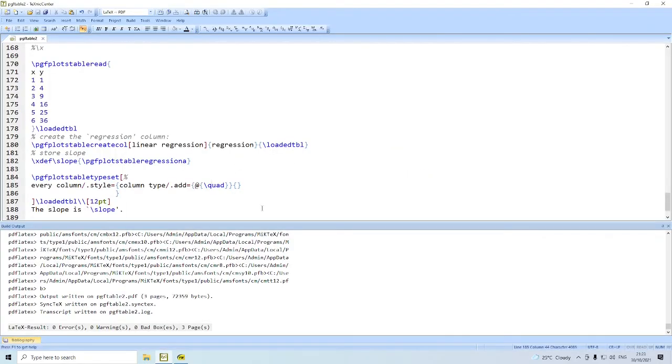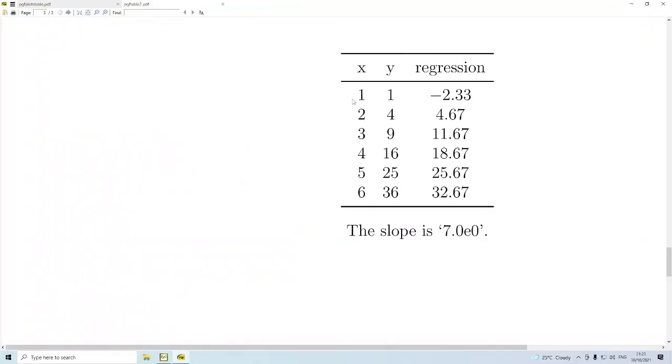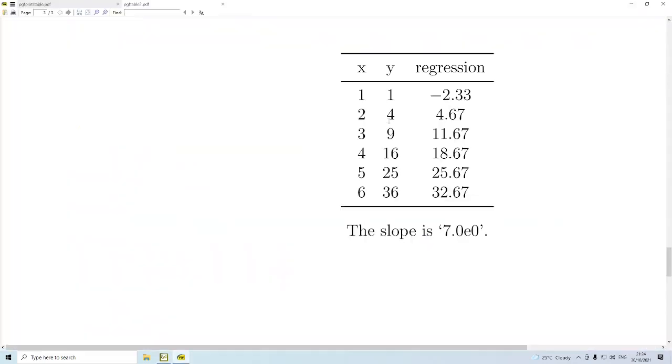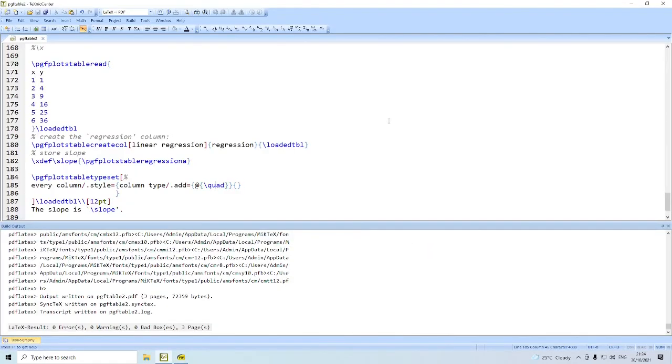Now, let me explain what I have done here. every col/.style equal to column type/.add equal to, in the first pair of curly braces, whatever you give will be available before the column. In the second pair, whatever you give will be available after the column. I have used here \quad.